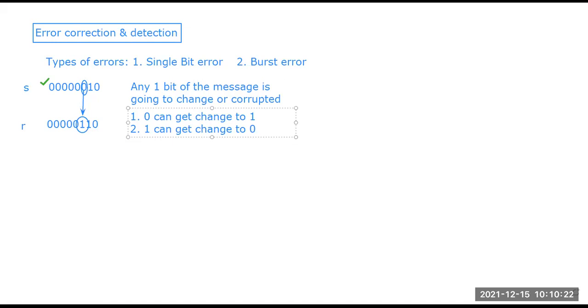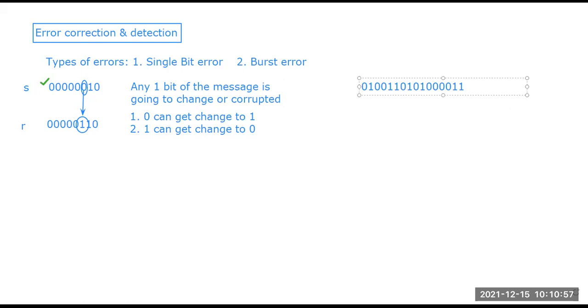Considering that in the process of burst error, I am trying to send data something like this: 0 1 0 0 1 1 0 1 0 1 0 0 1 0 1 0 0 0 1 1. Consider this type of message I'm going to send. It was transmitted from the sender side. What happens in burst error?